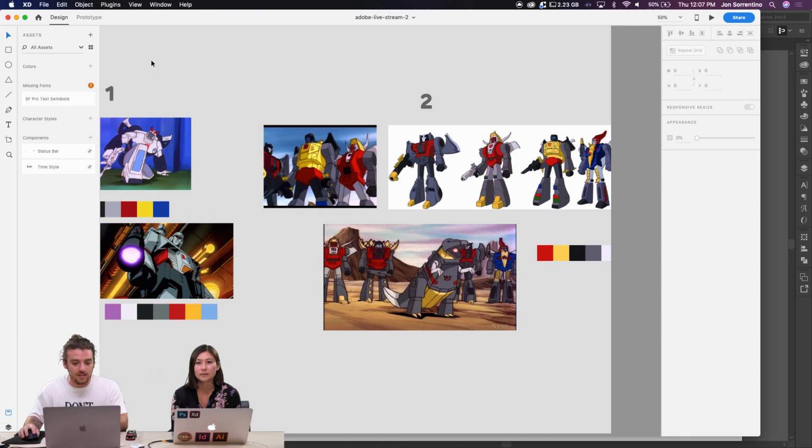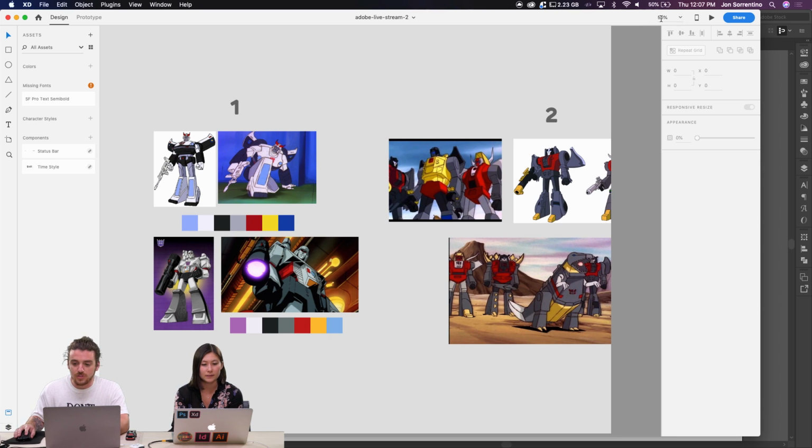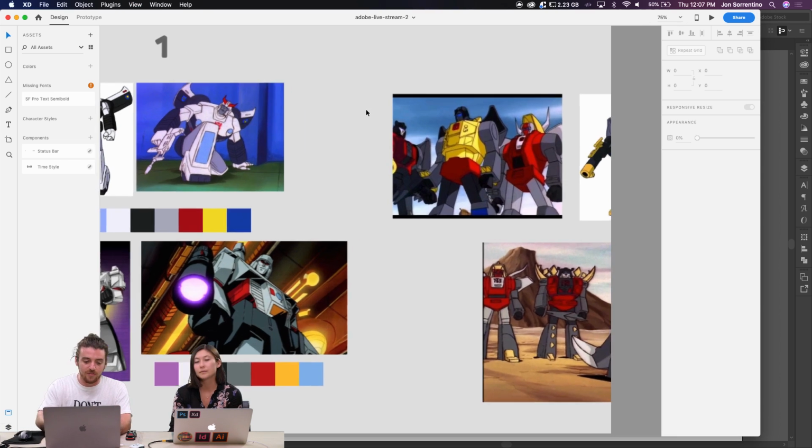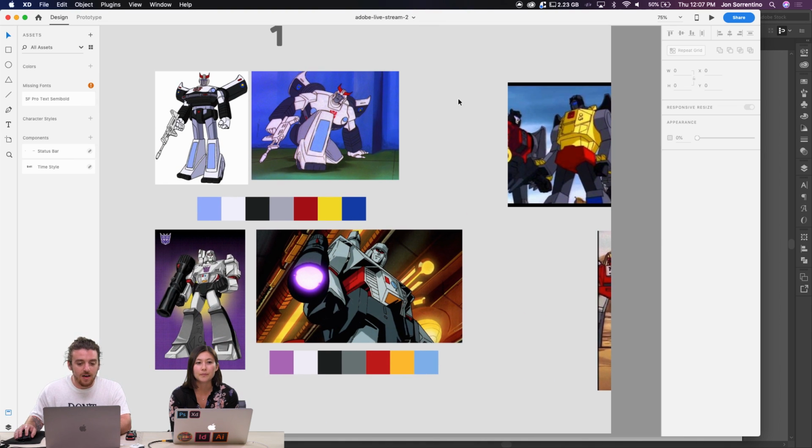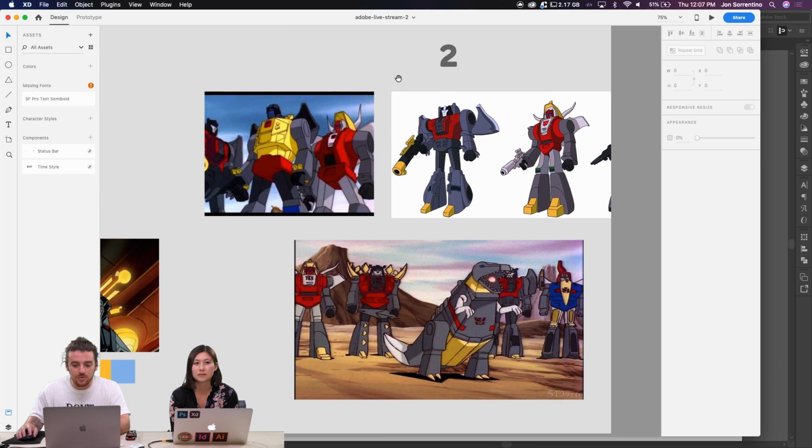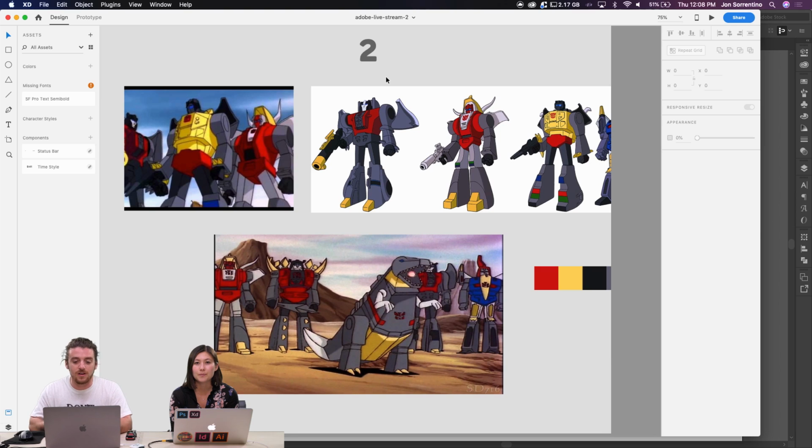Direction one focuses on this color scheme: a lighter Transformer with some darker details and brighter primary colors, blues, reds, and yellows. Direction two would be a darker background with yellow, red, and darker accents as well, and maybe some hints of blue.